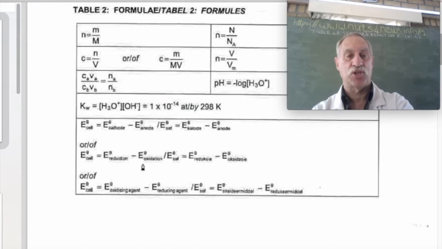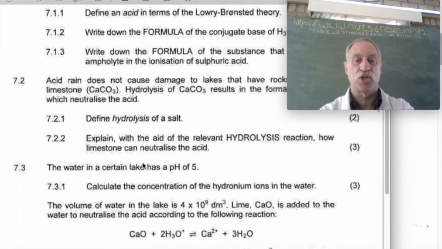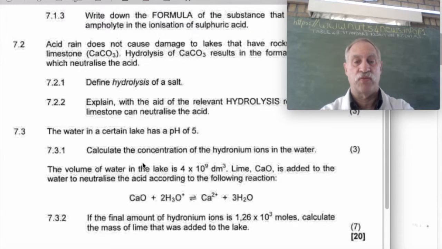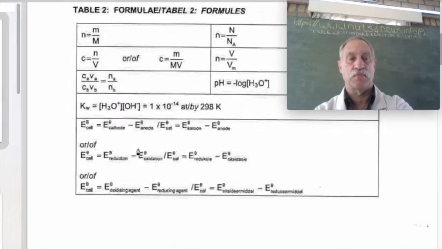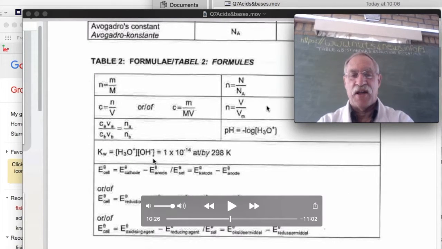So let's go back to our question, the last question, which is worth quite a lot of marks. This is in fact worth 10 marks out of 20. So acids and bases, quite a big section. It says the water in a lake has a pH of 5. Now, if you go to your BFF or your best physics friend,